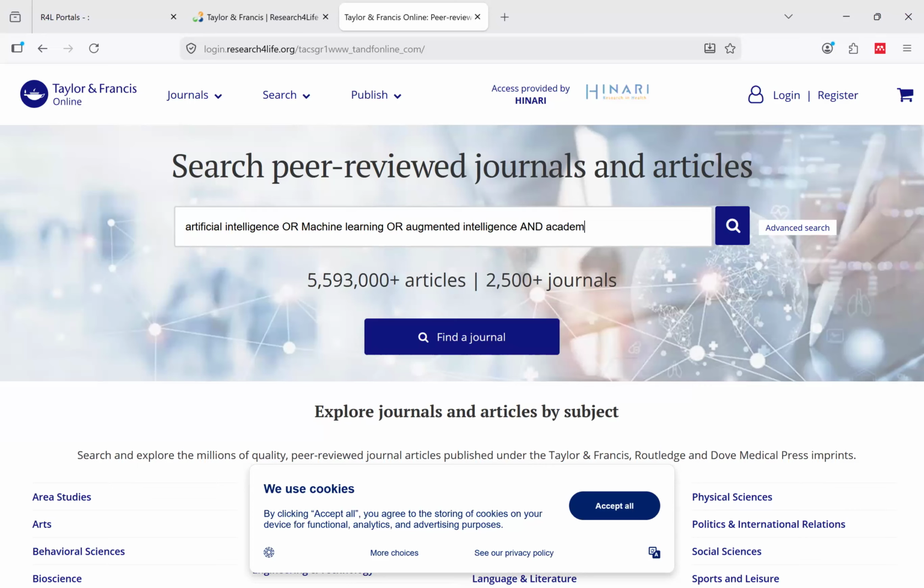You see now here I've used my 2 Boolean operators: artificial intelligence, OR, you see that I'm putting the OR in capital letters. Academic, you said academic writing. And then also my AND is in capital. So my OR terms, actually I can put them in brackets.